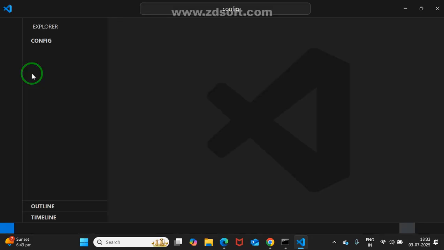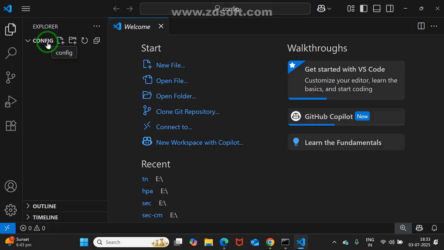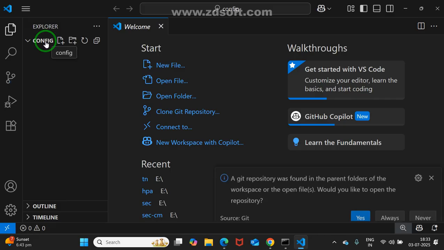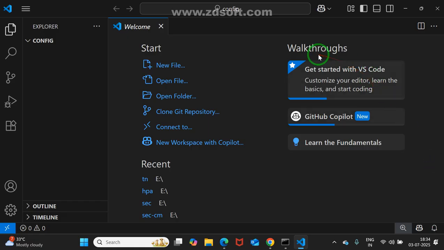Okay. See, if anything is adding, where it will add? Within the config folder only. If I want to remove, I can remove maybe including config folder or maybe within the config folder. Are you understanding that? Yes, I understand. Either removing config or within the config. That is the simple idea. Suppose all files will be in the config only.